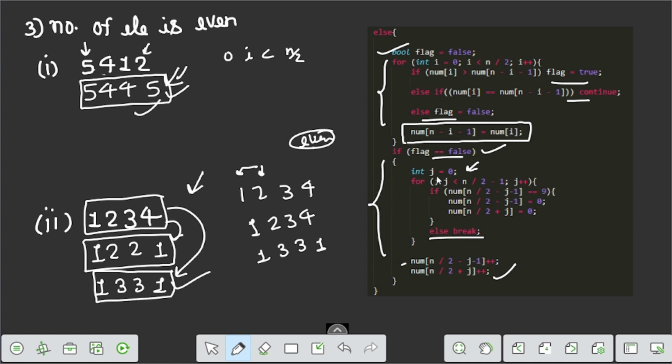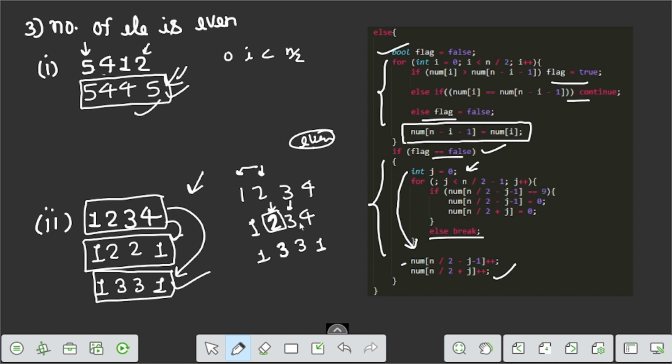So this code is called, and we go j from 0 to n by 2 minus 1. We check n by 2 minus j minus 1, which is this index. If this index is 9, we assign 0, but there is no 9, so we simply increment num of n by 2 minus j minus 1, which is this index, plus plus, and n by 2 plus j, which is this index, plus plus.